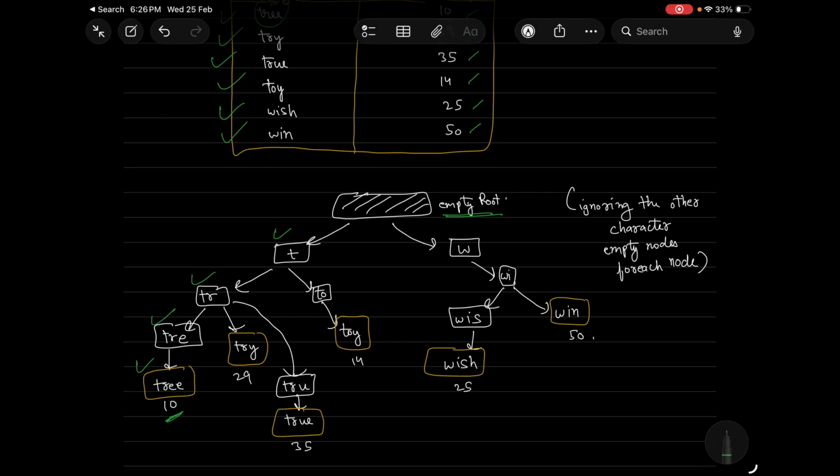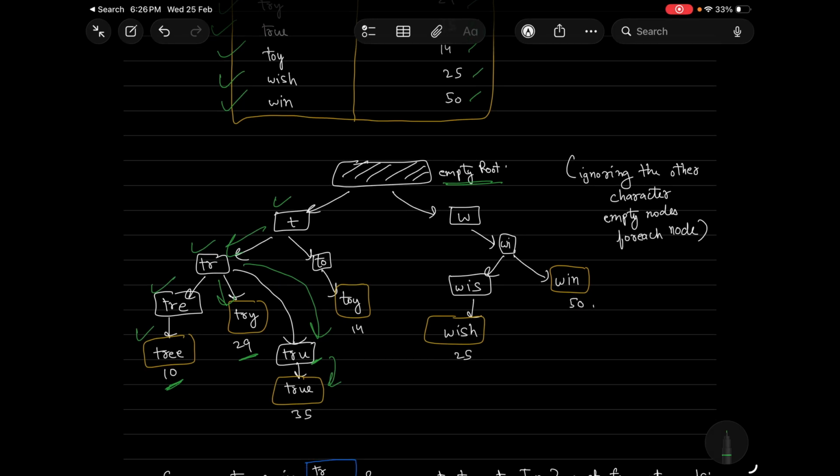Similarly, TTR, and then we get Y, so "try" over here, and then its frequency. Similarly, from TR, we can get TRU, and then the U can point to E, its E child node. So we get TRUE with its frequency being stored. Similarly for toy, then from the root node, we can populate the W child node out of those 26 character